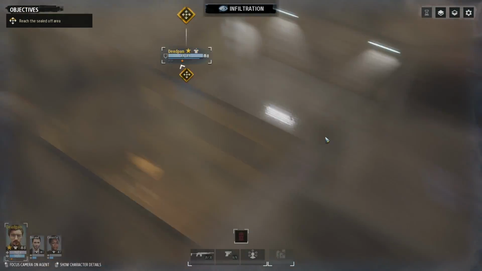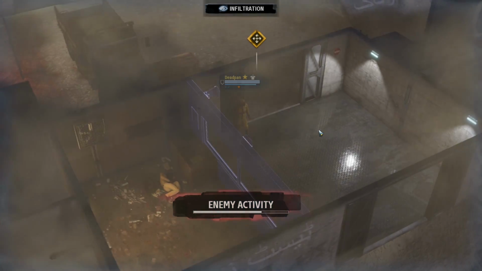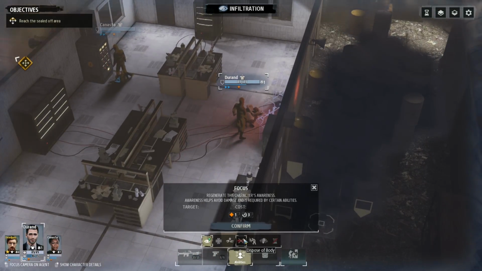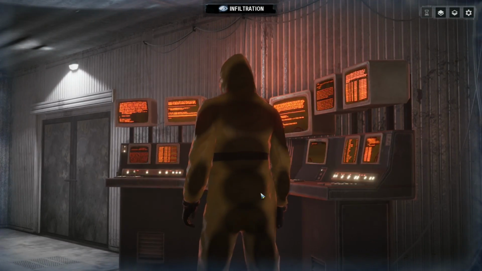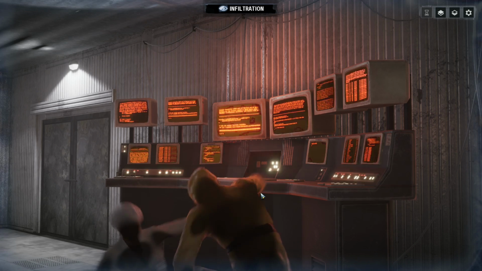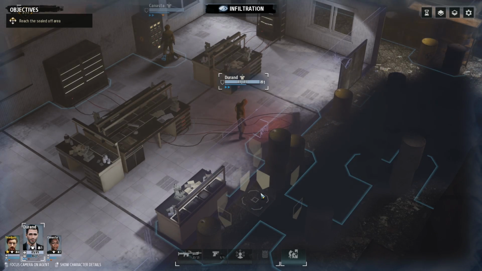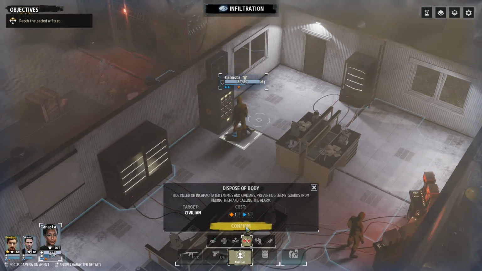We can put him back here, and he can do the cleanup as well. Now, you don't need to be this meticulous. You don't need to pick up all these bodies. It's just a good habit to build, because on missions where we have a lot of people patrolling, situations can arise if they see a dead body. There's also a cool mechanic where if you...